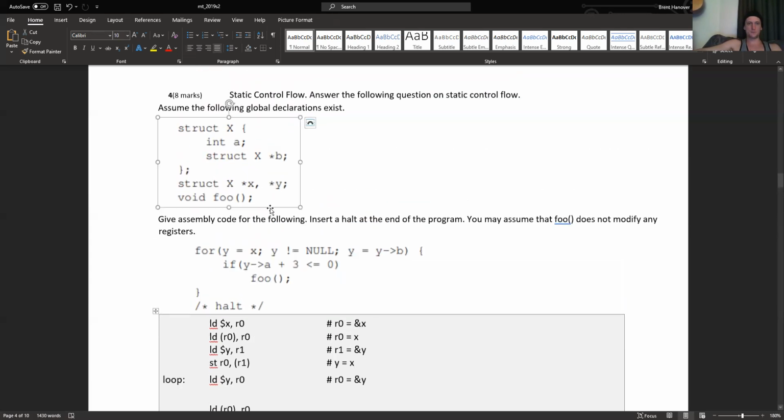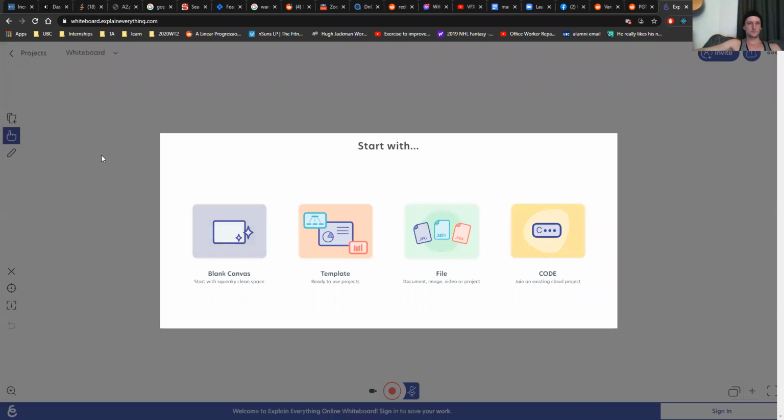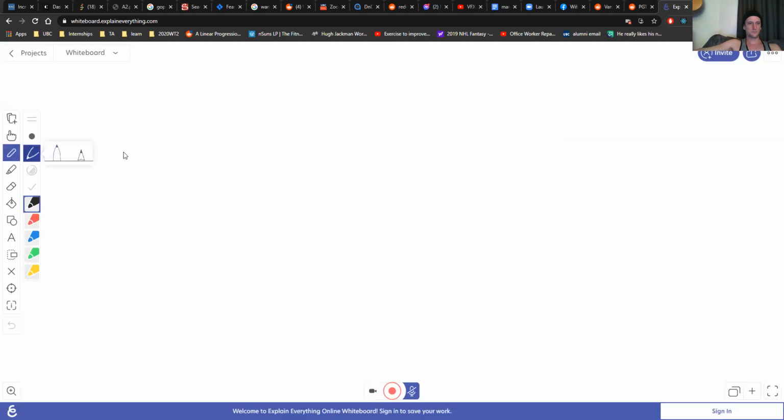So, okay, let me break out. This is when pointers get confusing. Let me break out this guy again. Oh my God, where's the clear? Okay, so actually,